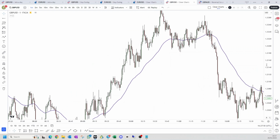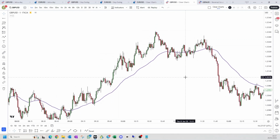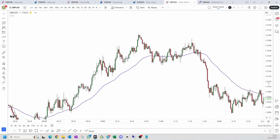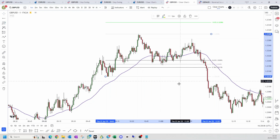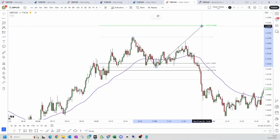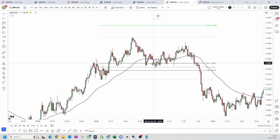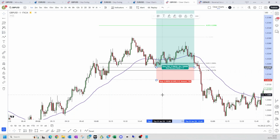So price reversed on us, started making higher highs and higher lows, using that EMA as a point of support. So what we looked for is for price from this low to this high up here to reverse back down to our fib levels and keep pushing higher. So what did we do? Price came down, we had some candlestick confirmations here, placed an entry, stops just beneath that low,